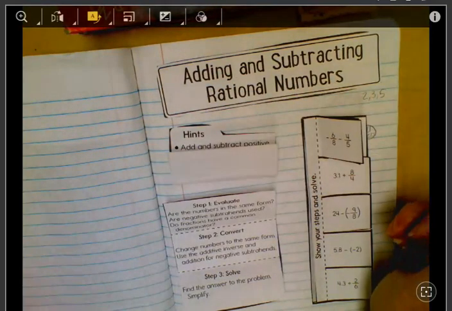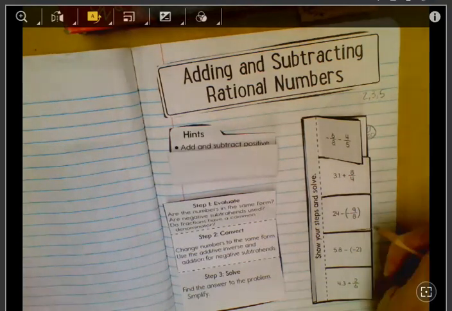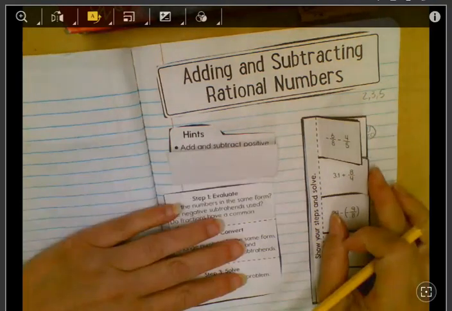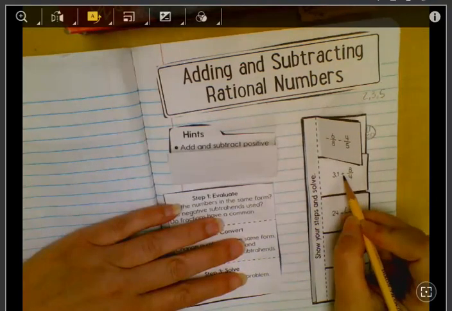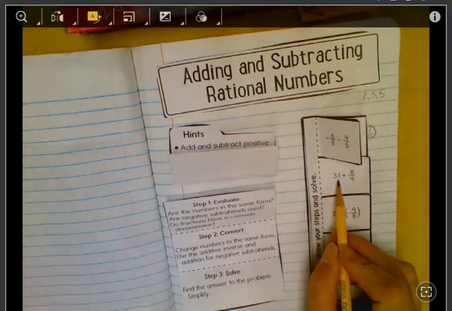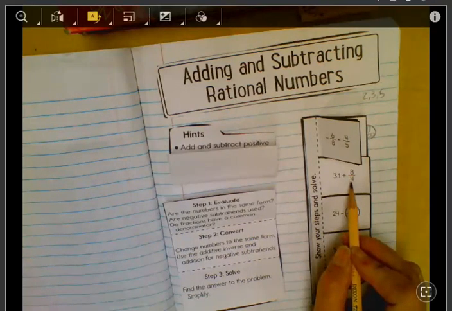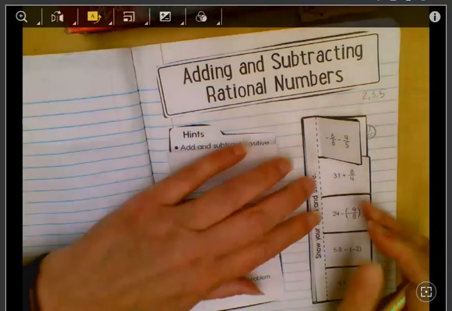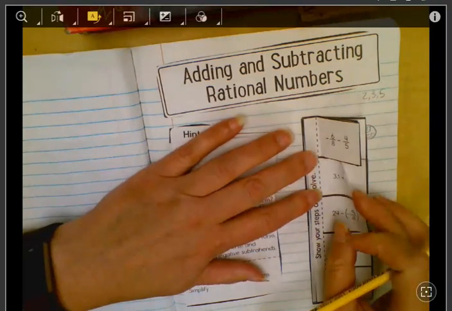So I'm going to do one more so you can see how we do it by the pages, and then I'm going to have you do the next three and check your answers with my book when you're finished. So one more: 3.1 plus 8/4. They are not in the same form. So on the next page, I think I'd like to make them both decimals, because I like adding decimals better. They're easier. And it's already adding, so I don't need to change it. So it's going to be 3.1